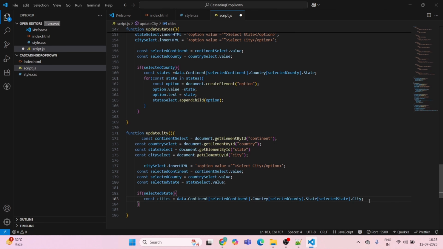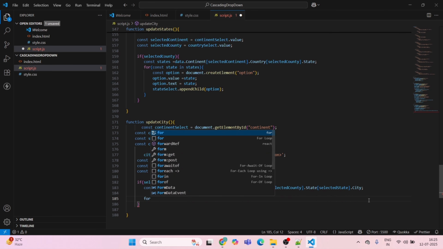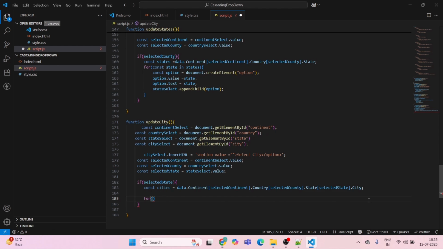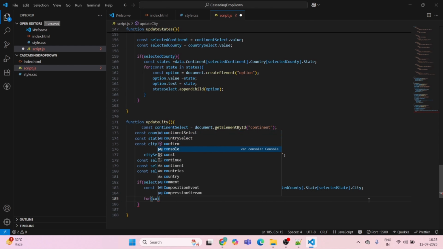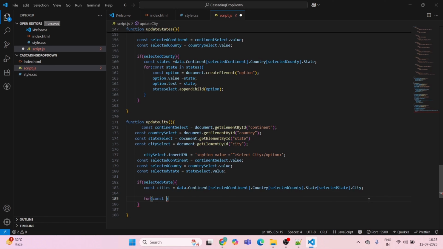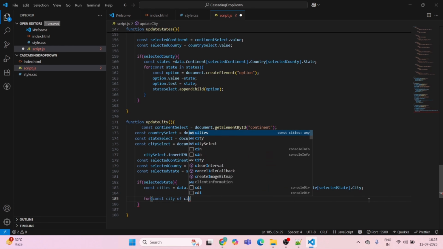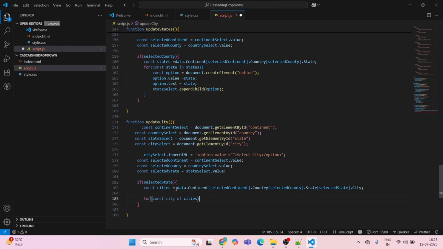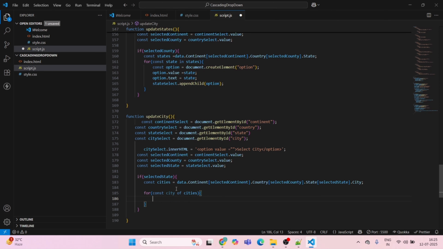Now we have to add the for loop: const city of cities. So we'll get all the cities when we are selecting the state and everything, right? And we will loop through each city. So looping through each city of the cities. So this will be cities, and now we have the